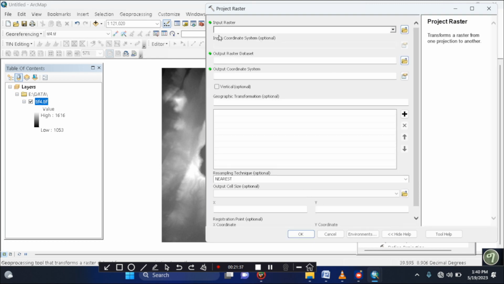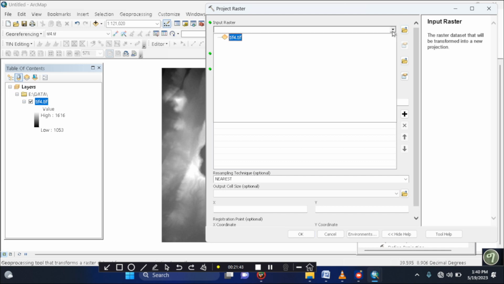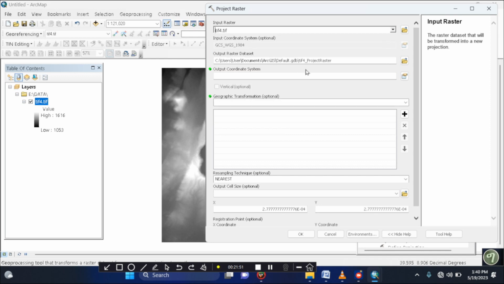So let me add this input, which is T4, which is not projected, which is exported data. So let me add this one, and my objective is projecting the raster data. So how can I project this raster data? I can project this raster data by clicking here